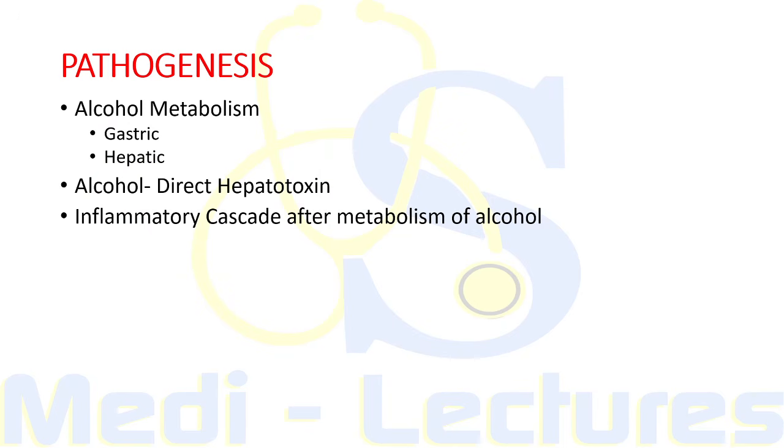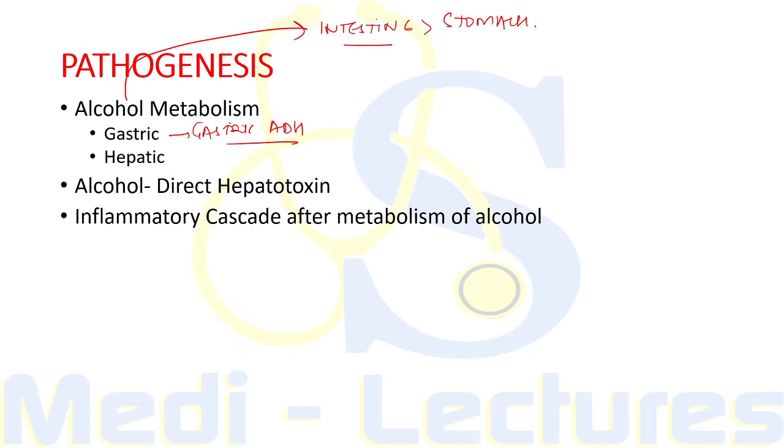Now coming on to the pathogenesis of alcoholic liver disease, first we have to discuss the metabolism of alcohol in our body. First of all, the alcohol is mainly absorbed through the intestine and in small quantities through the stomach. There is presence of gastric alcohol dehydrogenase enzyme which initiates the alcohol metabolism in the stomach. In liver, there are three enzymes which are responsible for alcohol metabolism. First one is cytosolic alcohol dehydrogenase, due to which the majority of oxidation of alcohol occurs. Second one is